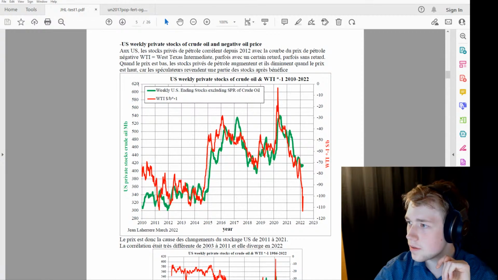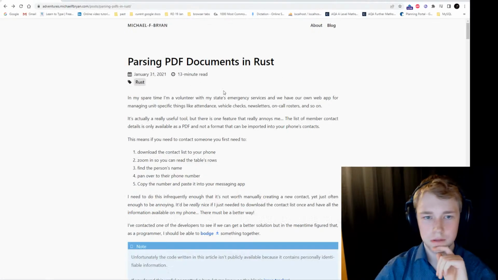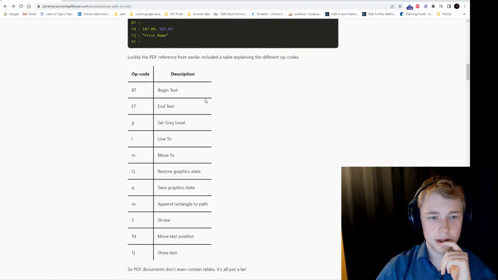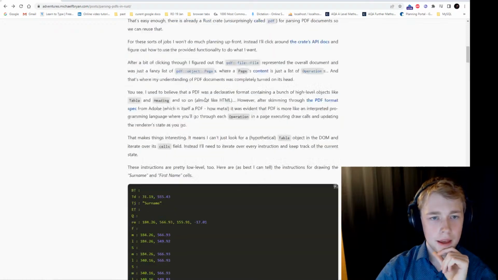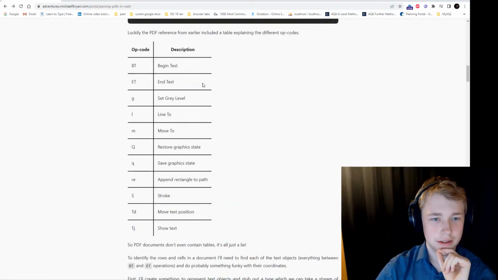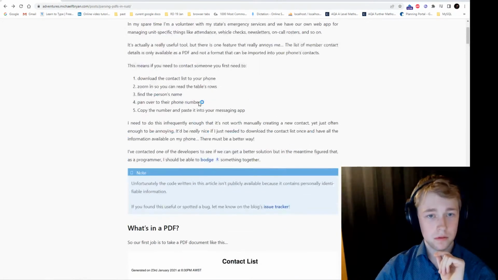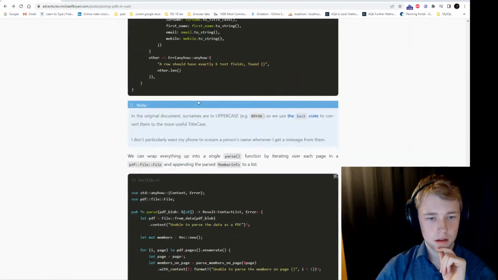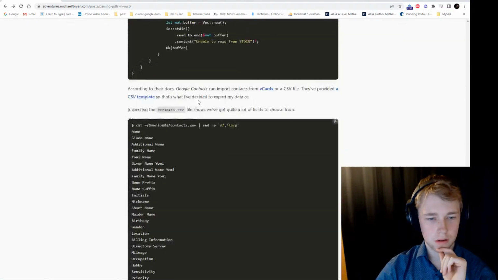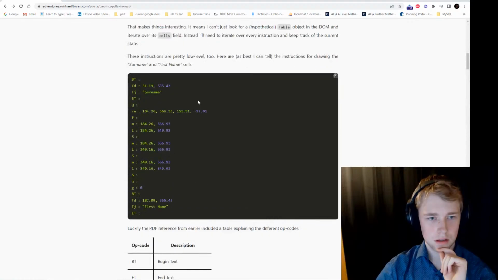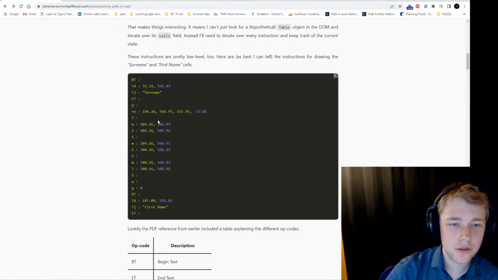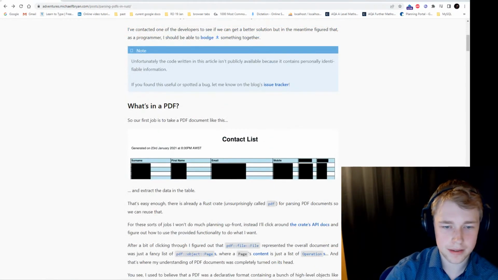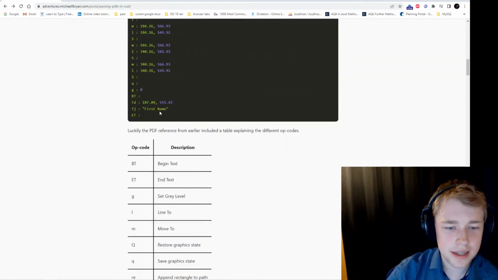There's this very good article about PDF parsing, and it says here the instructions. So, where is it? For a table. I missed it. Ah, here. So this is drawing a table that looks something a bit like that, and you can see that